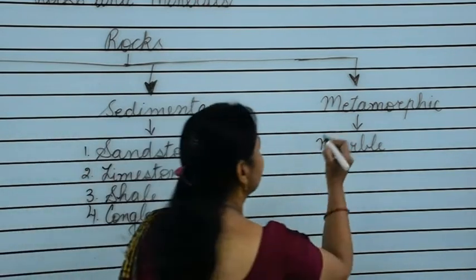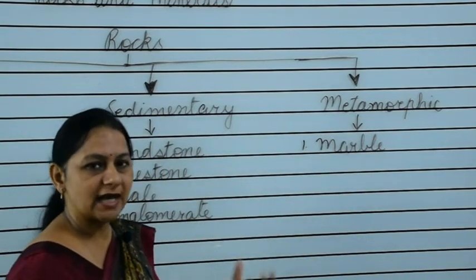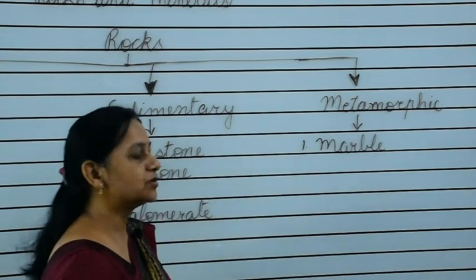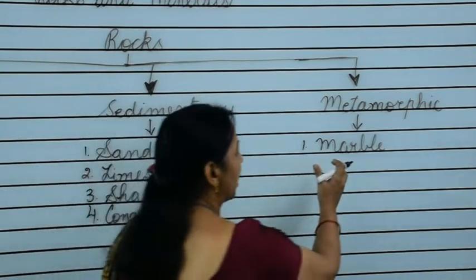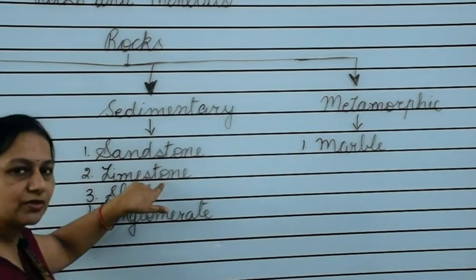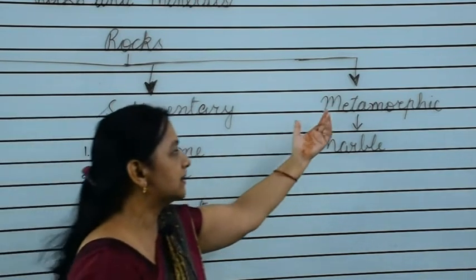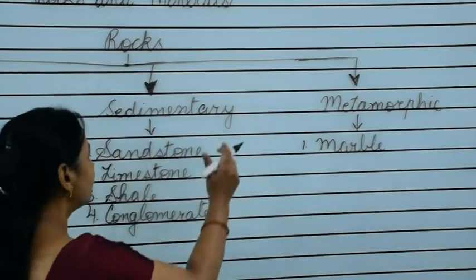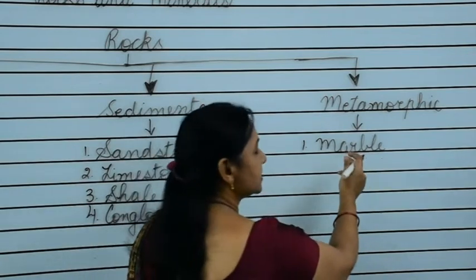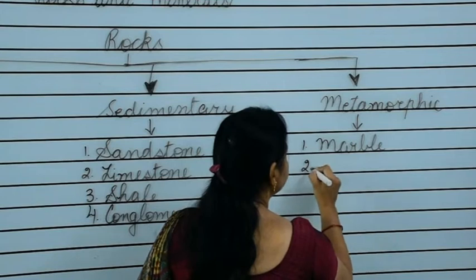So the examples of metamorphic rocks are, the first one is marble. You must have seen many statues; they are made of marble. It is also used for flooring, and this marble is made from limestone, and limestone is again a sedimentary rock. So basically you can see that these metamorphic rocks are formed from igneous or sedimentary rocks only, and marble is used for flooring and making statues.